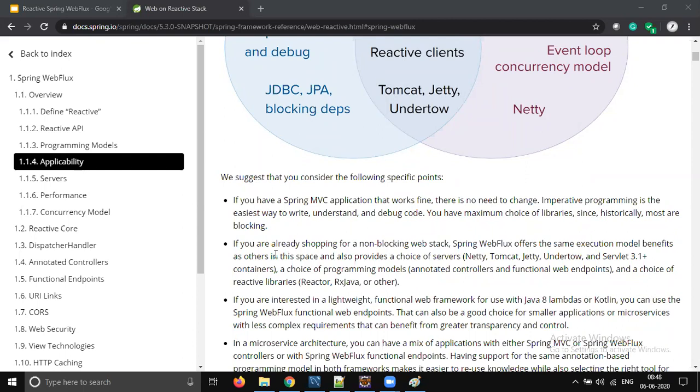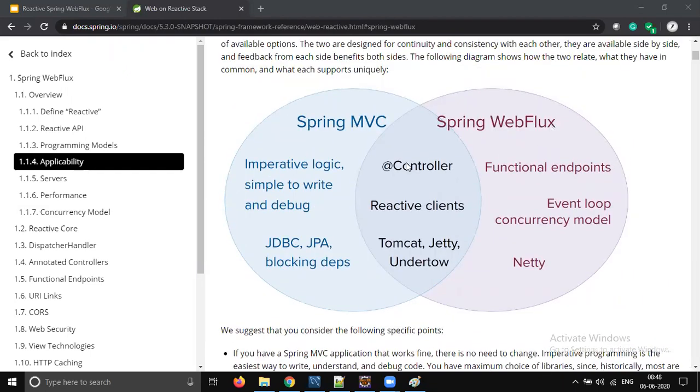Why there might be some chance? Because in any big organization, in any project development, hundreds of developers will be involved. So you should also consider the learning scope for the team. It's not like one or two persons. You should consider how fast 100 people can adapt to this new technology and write better code. Because for example, four or five people are good in Spring Webflex, and 95 people are good in Spring MVC.